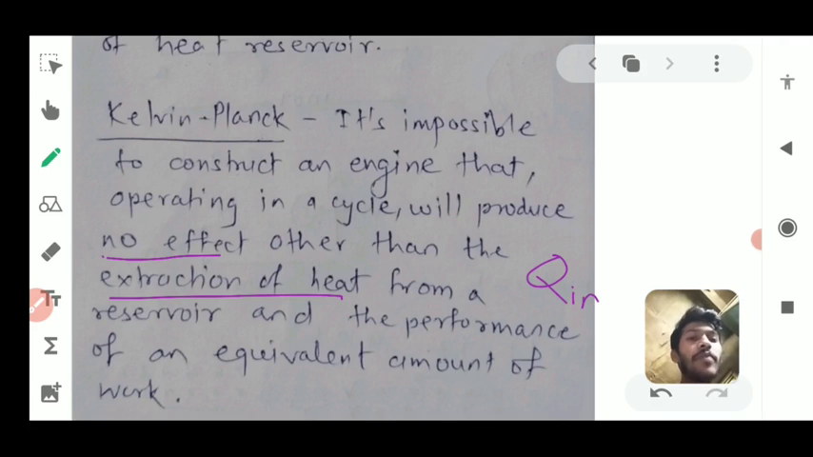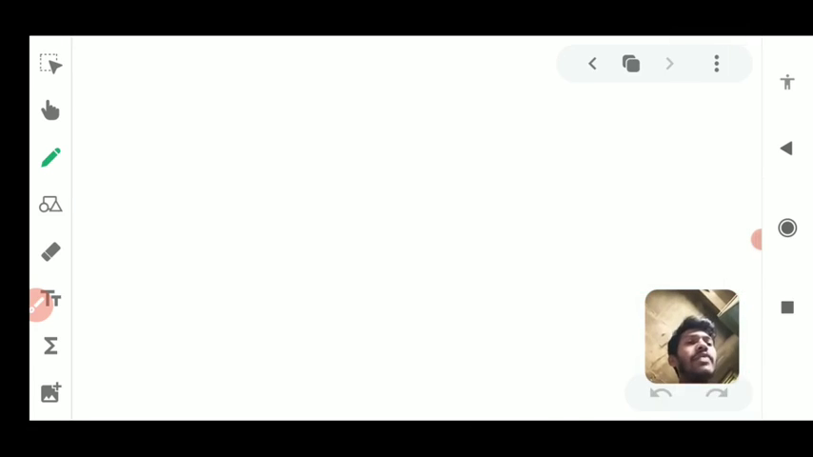So it will absorb the heat from the reservoir, which will be hot obviously, and the performance of the equivalent amount of work. So this means Qin is equal to work done. It will not reject any heat, or it will not release any heat to the surroundings, or to the cold reservoir. As we have seen these three statements, mostly we use the Kelvin-Planck statement as a definition of